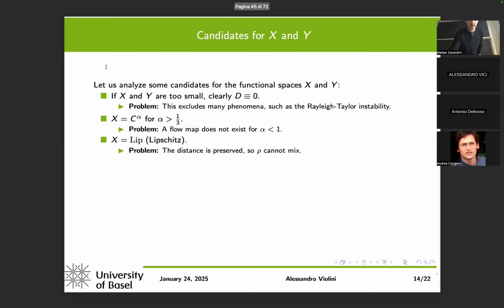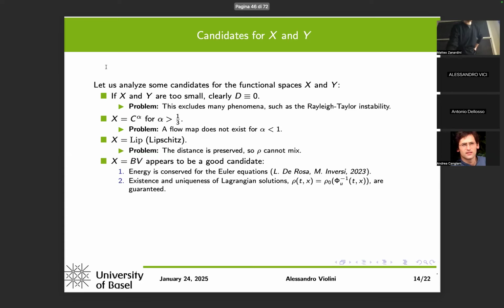So you can think that X is Lipschitz, but if your X is Lipschitz, also the distance is preserved, and so it's very hard to allow ρ to mix. And so probably a mechanism and an experiment like the one before is not described by a velocity field which is Lipschitz. And so it turns out that a very good functional space for the velocity field is BV,